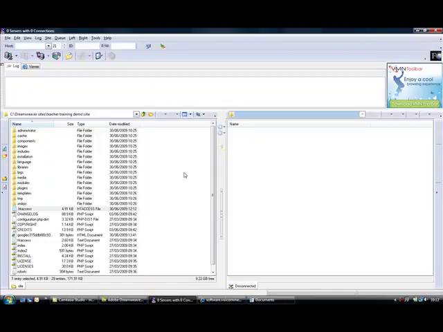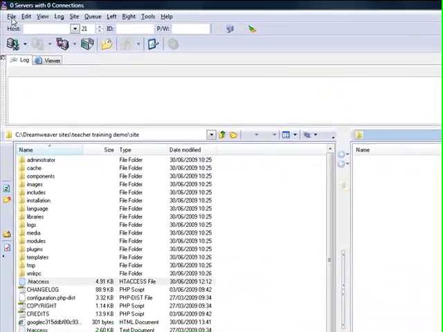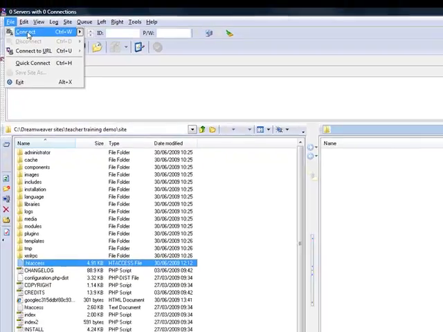On the left hand side you have your own computer, and on the right hand side you'll have the computer that you're connecting to and you want to transfer the files to. So in our case that will be a web server. So if we go to the File menu and click Connect,